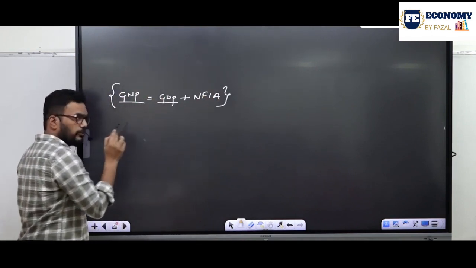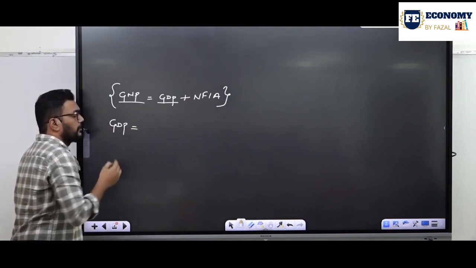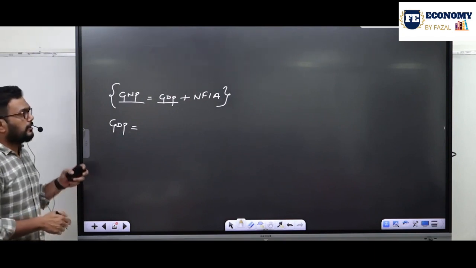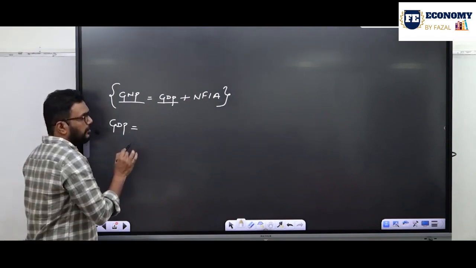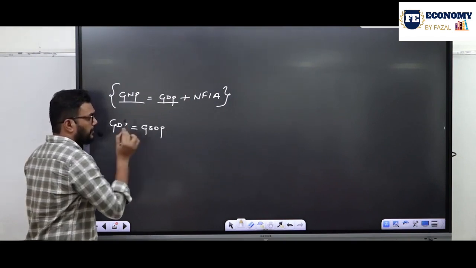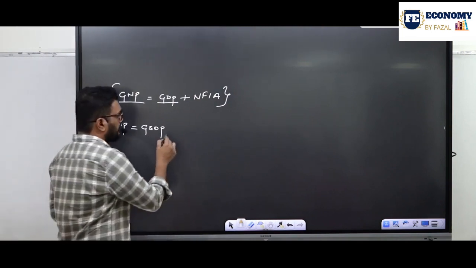Now I want to calculate only GDP. Then how will I calculate the GDP of my country? GDP of my country is the GDP of all the states, gross state domestic product, plus